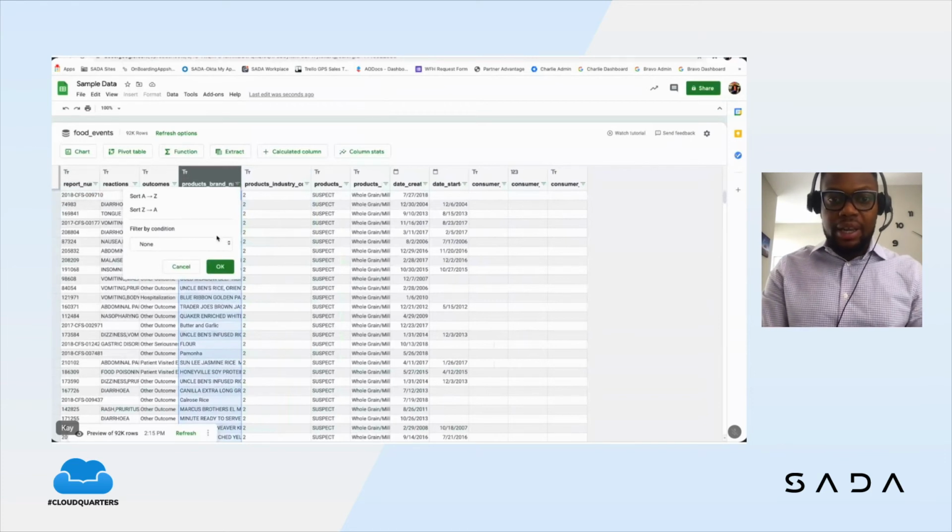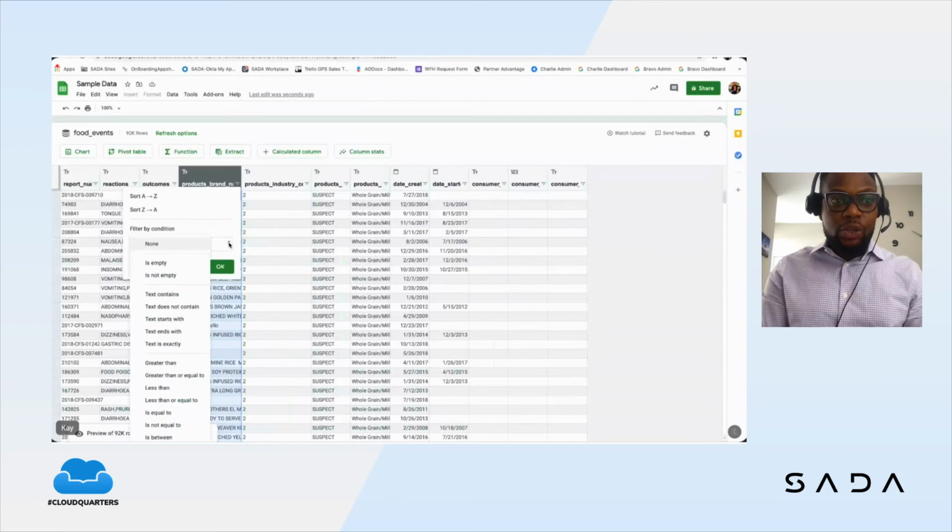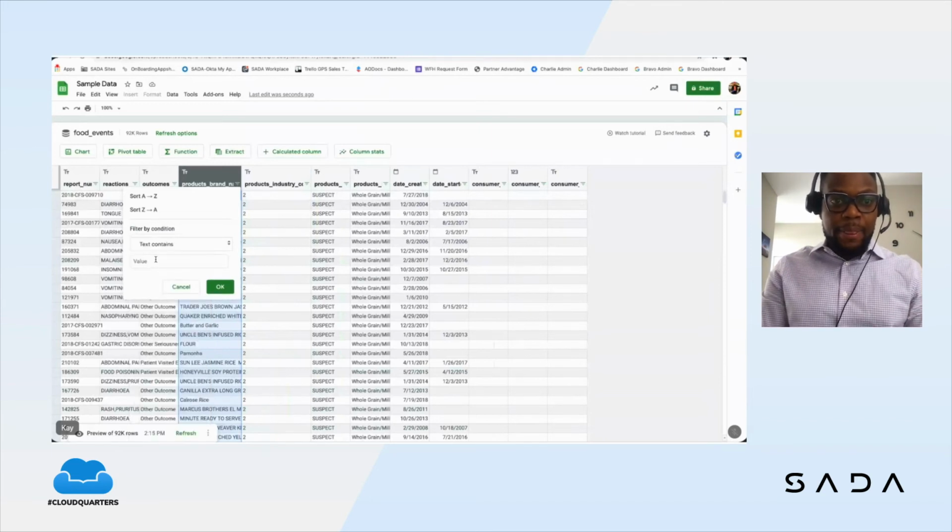So I'm going to click here, get started. You can see the data. You can view it to see the different columns, all of the things that you've been able to pour out on this spreadsheet. When you get to this point, you can also go ahead and filter your data. You can see on this column where I have products, you can filter this way. You say you want to filter